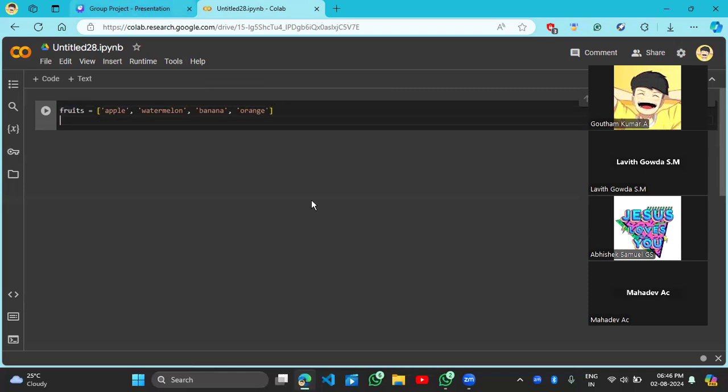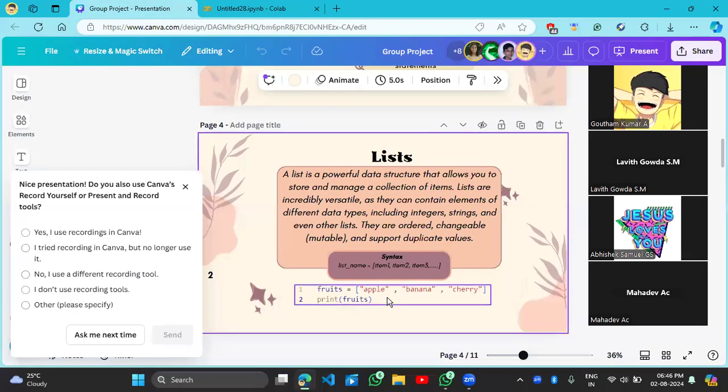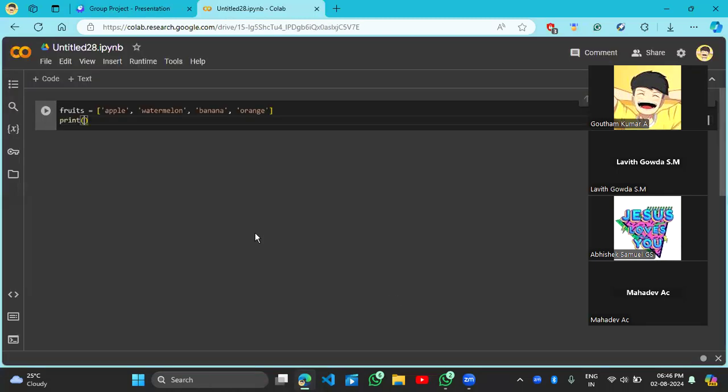So if we come back to the slide, it had 3 values, but it is almost the same thing. So the thing is, you have a variable. I'm summarizing this again and again. You have a variable which has multiple values. So if I try to print the list,